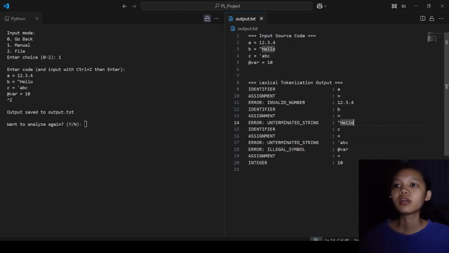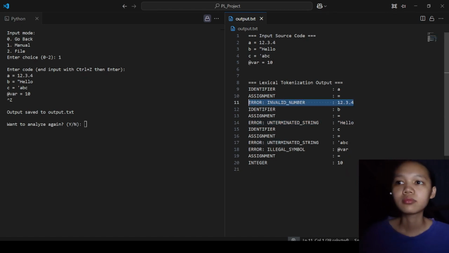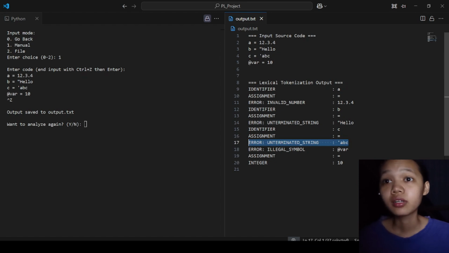On our output, we can see that the result shows an error on the line where there is hello in the code, as well as the invalid number, and then an unterminated string.